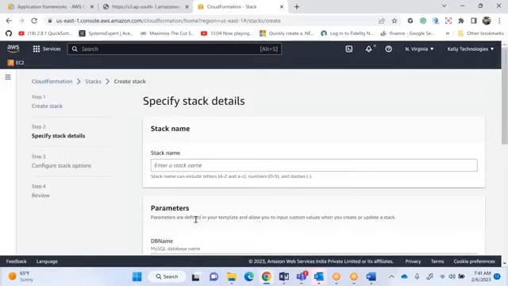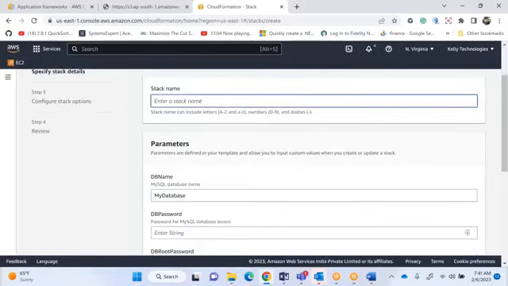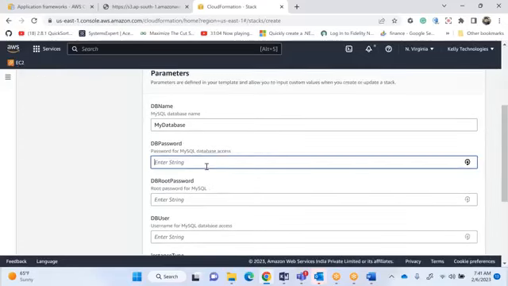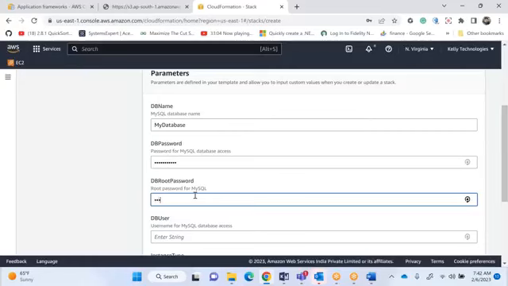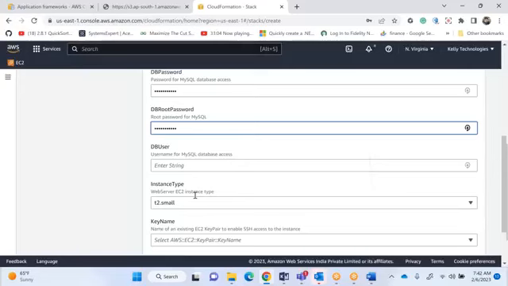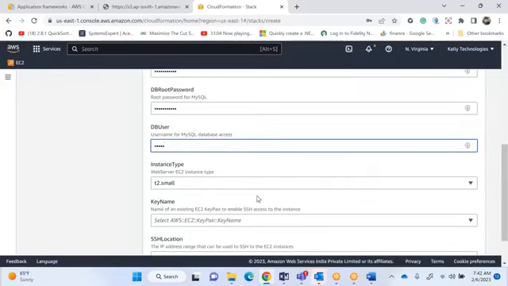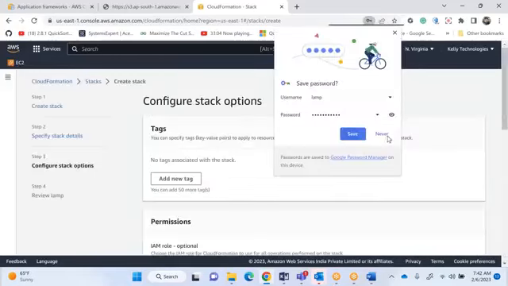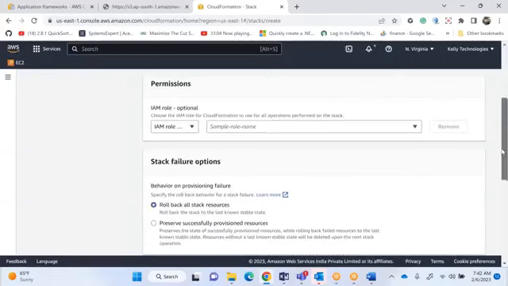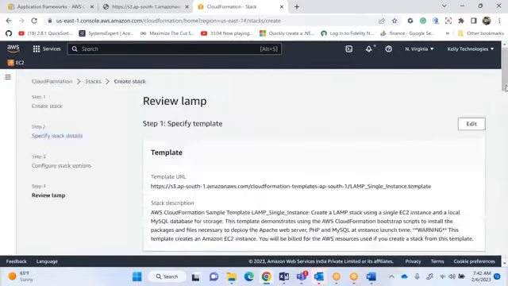Now it will ask you parameter questions. Stack name is LAMP app, I'm going to specify. And then the parameters: database name is equal to the database name. My password, I'm just providing a password, capital PASSWORD 1@3. I don't remember. The database username is Kumar. Key pair, select any key pair. We are not going to SSH in, I'm just taking an example, sir. Just provide nothing. Click on next. Let's see if it launches or not.